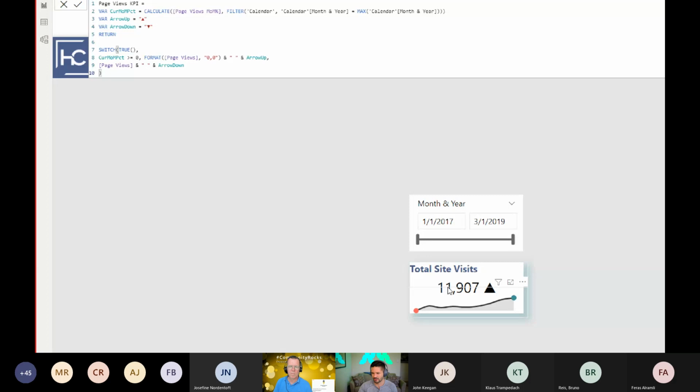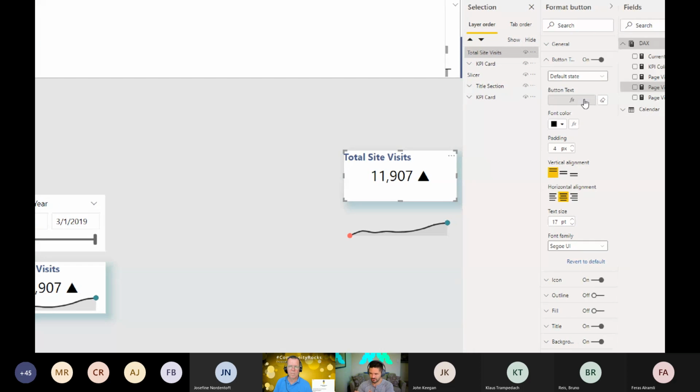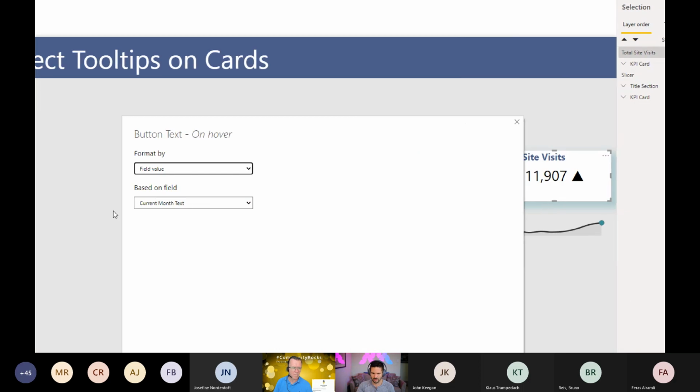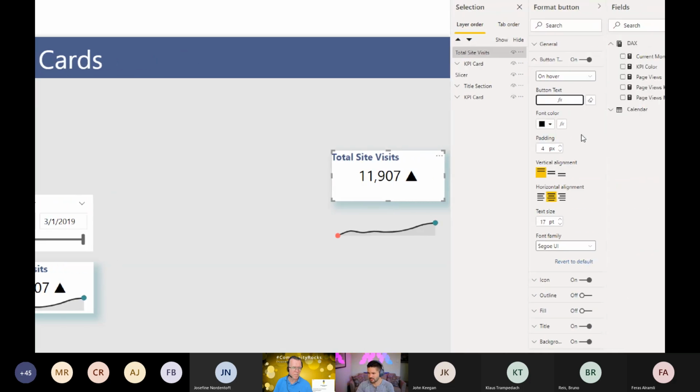And that's basically the same thing I did to the other one. But now, even though it looks like a number, it's basically a text string, which allows me to say, for the button state, for the default, return this value. For the on hover, that's the one where I have the current month value for the percentage. So it allows me to create a primary and alternative value in there. And the nice thing is, because I have these alignment choices, I can move it up, which gives me that space down at the bottom to then be able to put the sparkline that's in here. Otherwise, it would have been in the center.